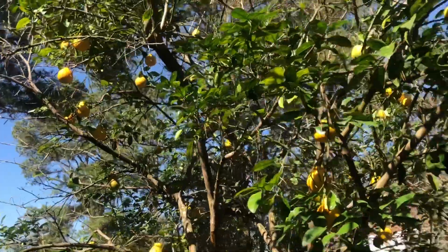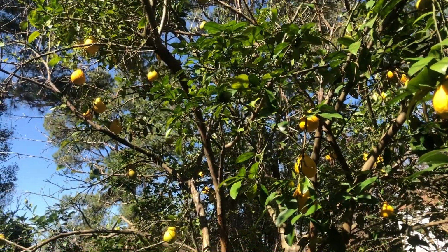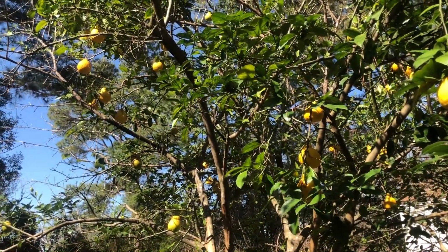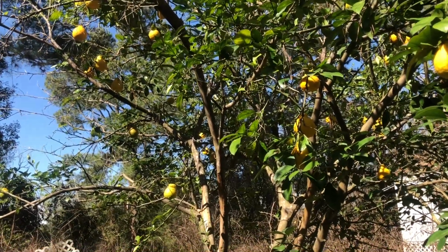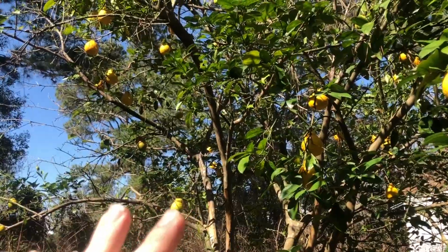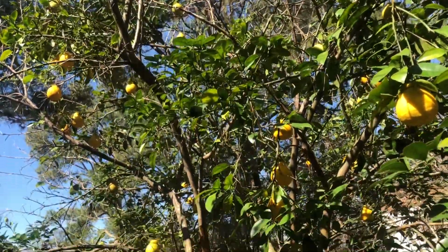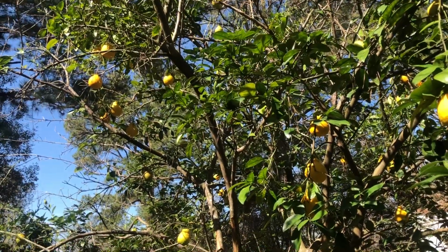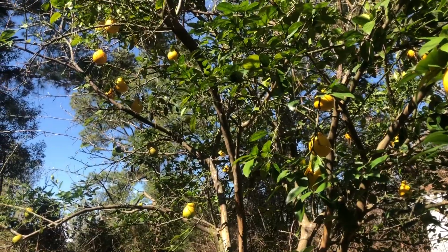The problem with this variety is a lot of times it dries out. It's not moist like it should be. You'll randomly get one that's really moist when you bite into it, and it's good. They are really seedy, so it's kind of a novelty fruit anyway. But a lot of times you'll take 2 or 3 and just open them up, and they're not old, they're